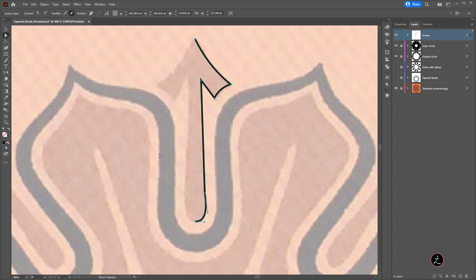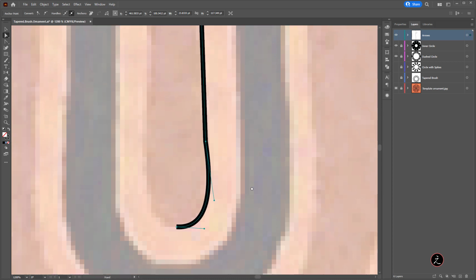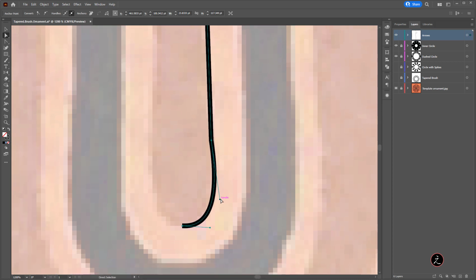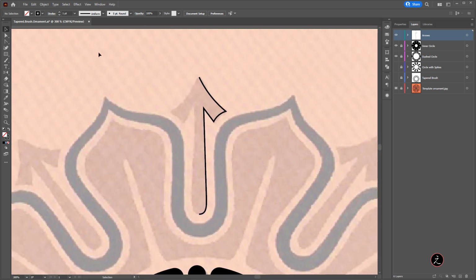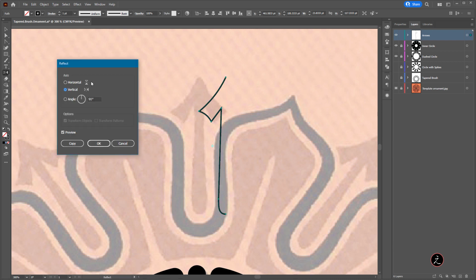All right, now I'm going to switch to the direct selection tool because I need to fix this especially here. So make sure this is straight, bring this up, click on this anchor here and just bring this down a bit because I want to make sure that I have a nice curve. Same thing here. There we go. That looks good. So we'll switch to the selection tool, marquee select the whole shape here, and then double click on the reflect tool. We're going to reflect this vertically, but I need to have a copy.